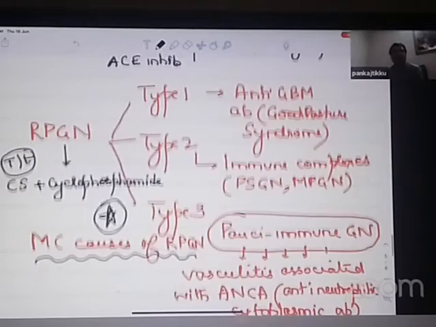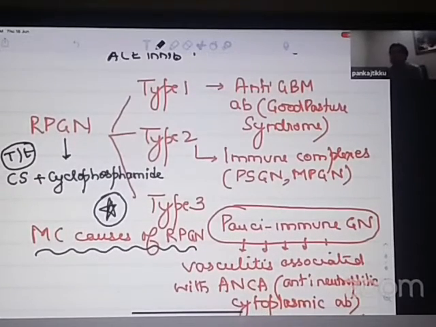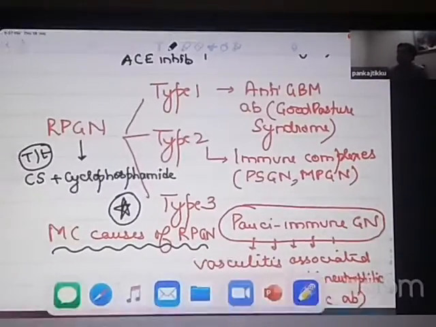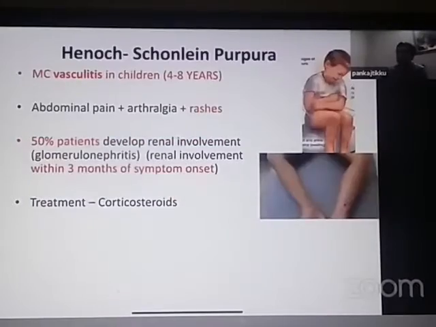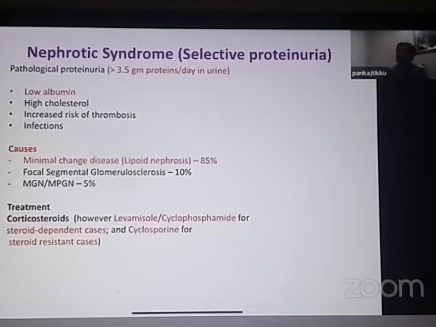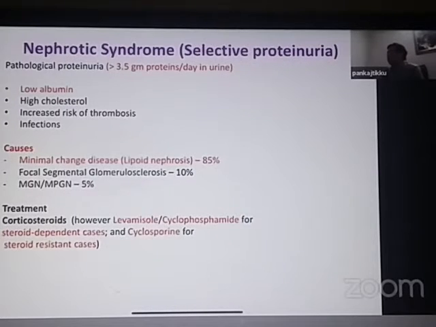So I hope you have written everything that I was trying to tell you. With this, we come to the last group of disorders in nephrology, which is nephrotic syndrome. So this is the last group of disorders that we'll do in nephrology, which is nephrotic